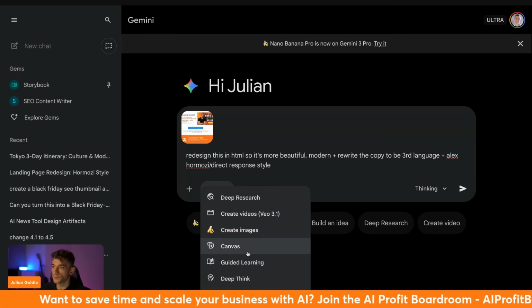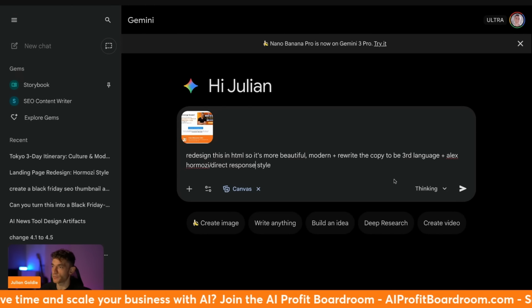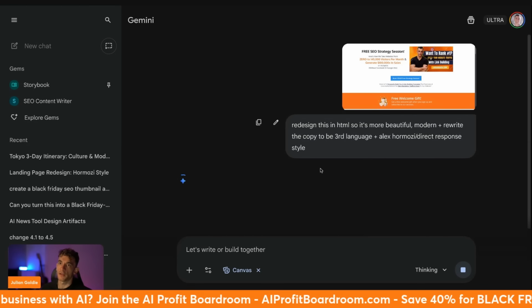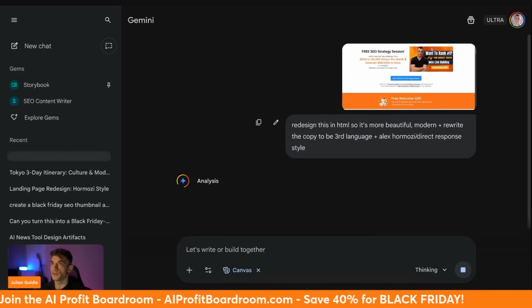And then we can go to tools. You're going to make sure that you select Canvas so you can actually preview it. And then you can hit submit. Now there's another option that you can do here, which is that you can go to